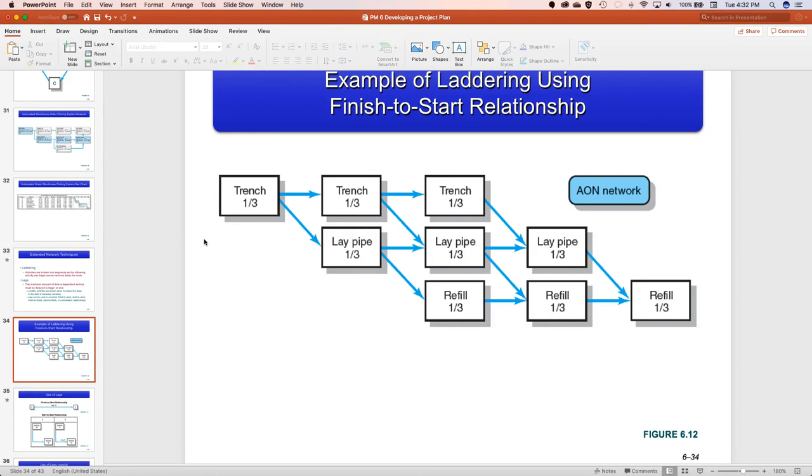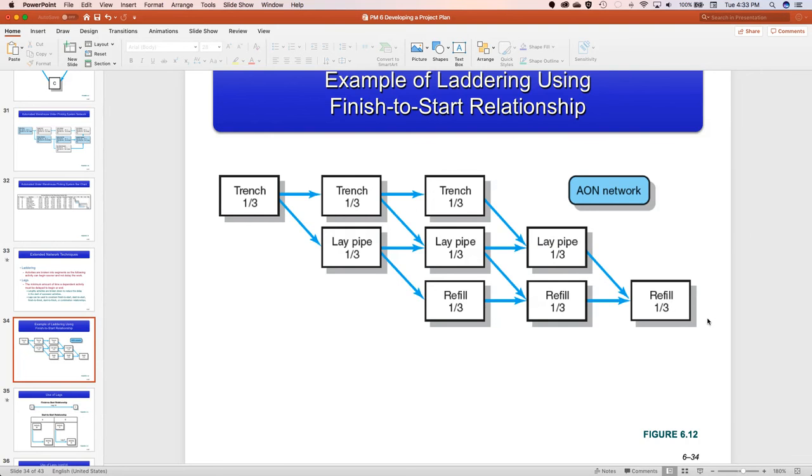So one of the ways that you can speed up the process is that if you dig the trench first and you continue on, while you're digging the next leg of the trench, you can have someone come in and lay the pipe. Then once you're done with the third leg, you can have someone come in and lay the pipe for the second leg while the first person is filling over the top of the first one. And so this is laddering that process